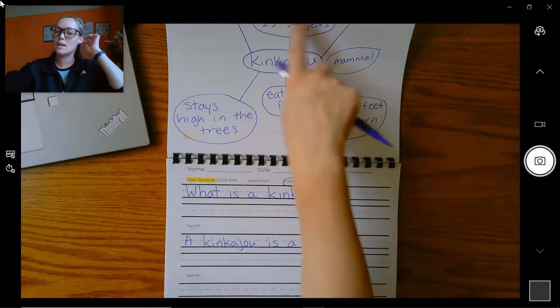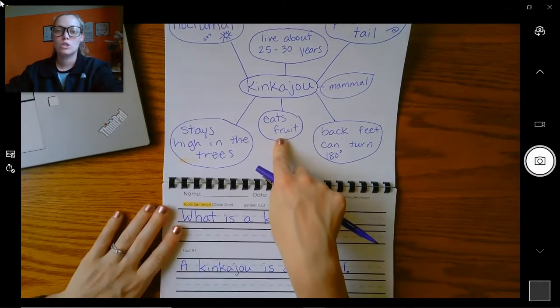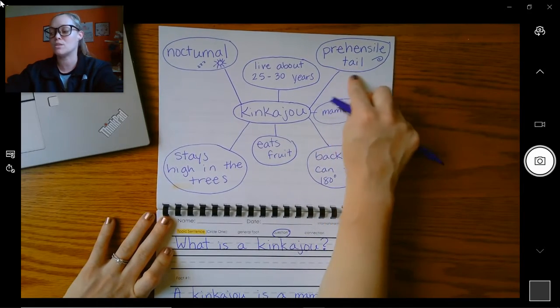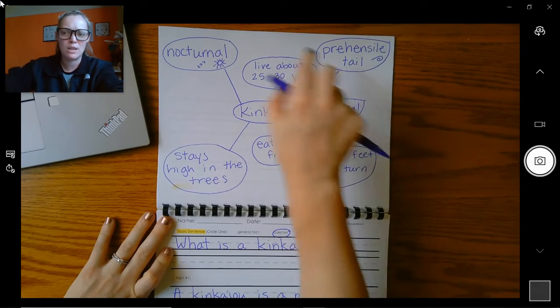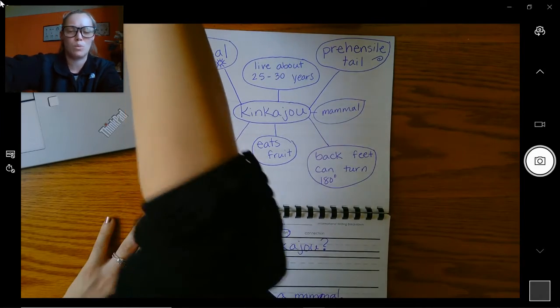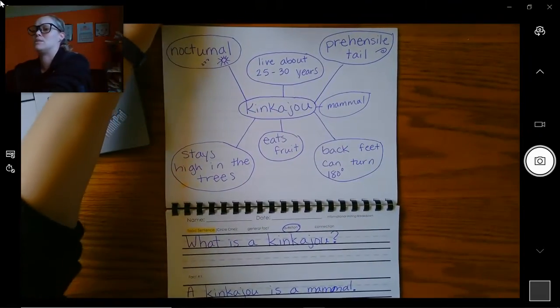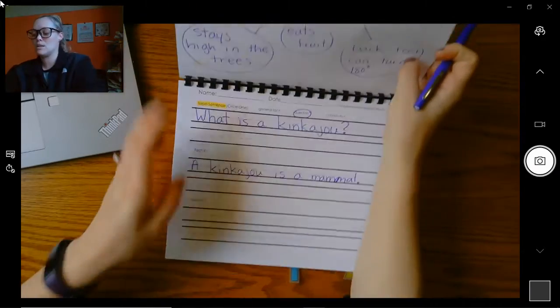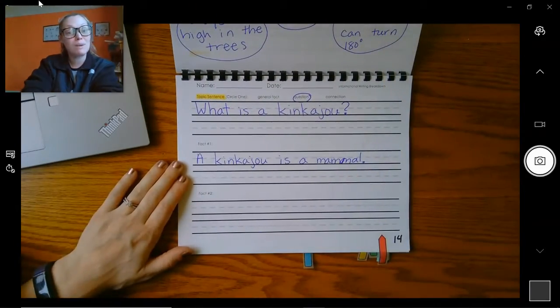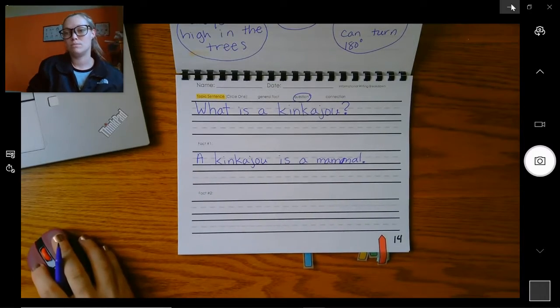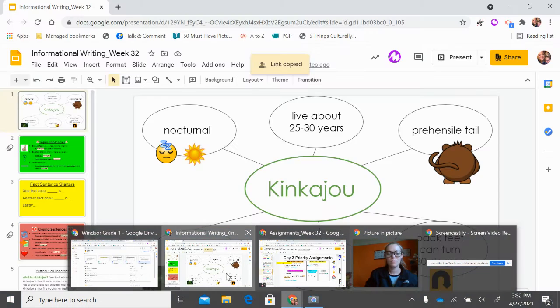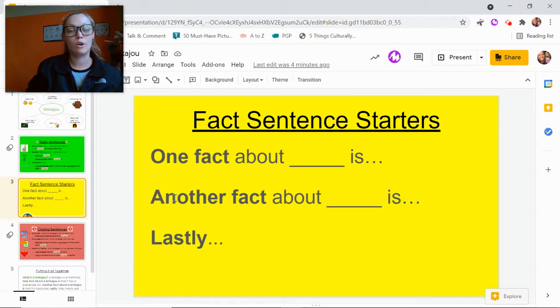Okay, then I'm going to pick another fact that I want to write about. So maybe I want to write about its tail. Up here, I wrote prehensile tail. That doesn't make sense to my reader. I need to tell them, what about it? What about a prehensile tail? Well, that's what a kinkajou has. So down here, I could use my sentence starters, which are right here. I could say one, or I could say another fact is,